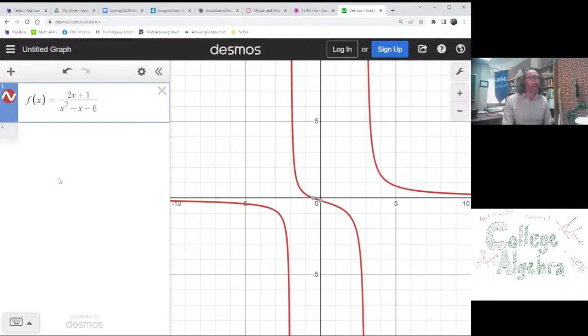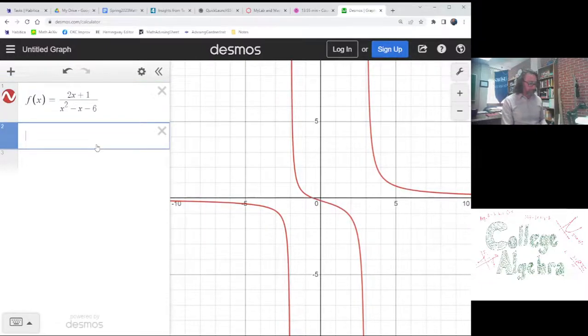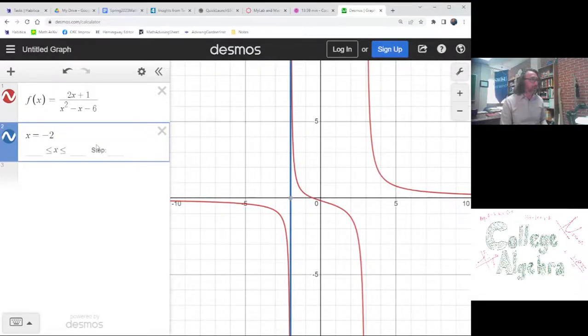The reason that's happening is because the denominator factors into x minus 3 times x plus 2. So this function has vertical asymptotes at x equals -2